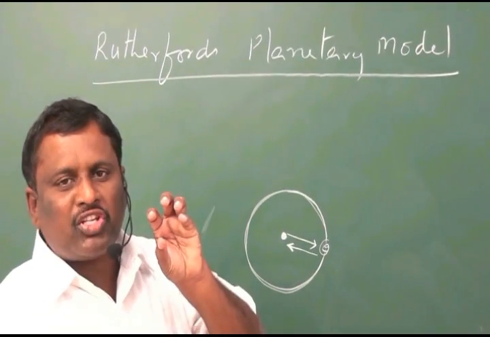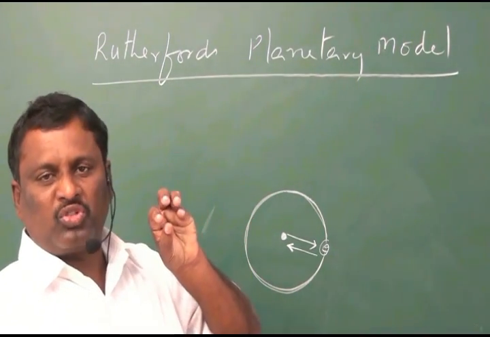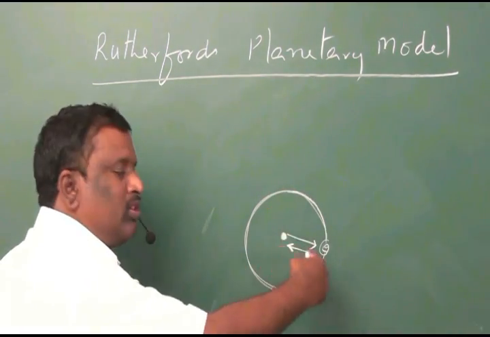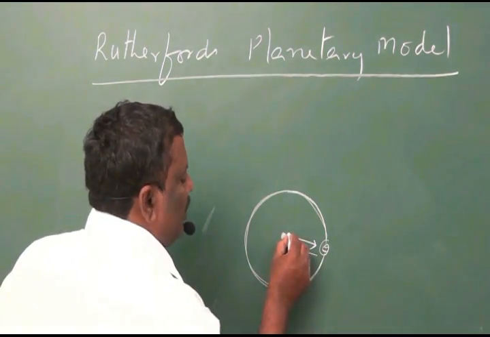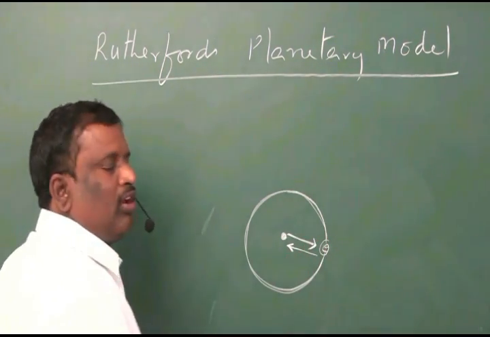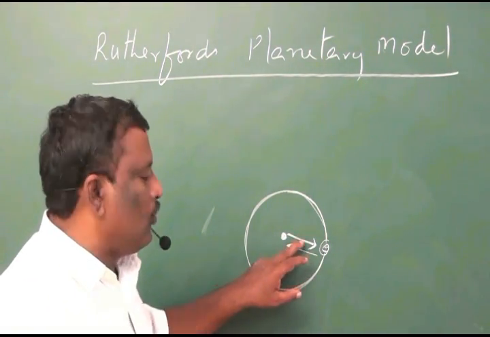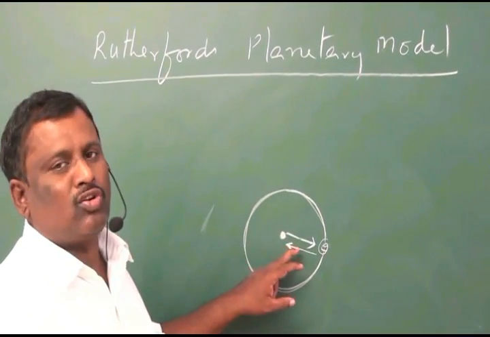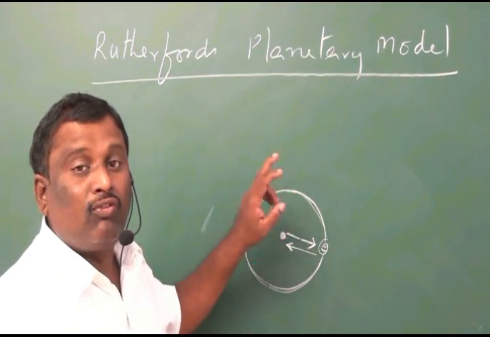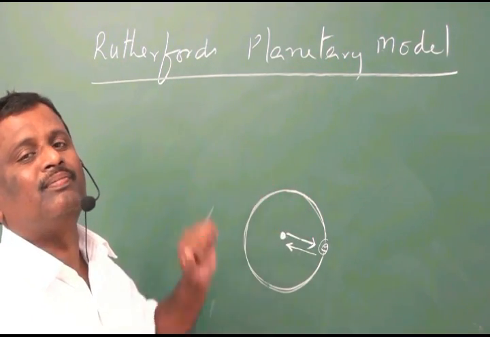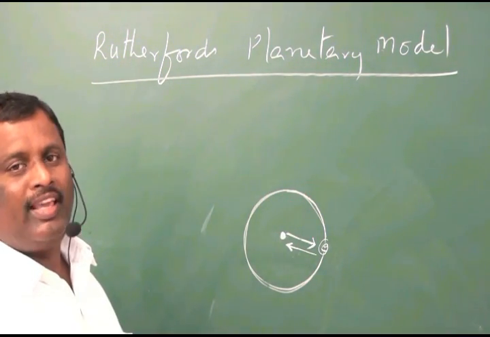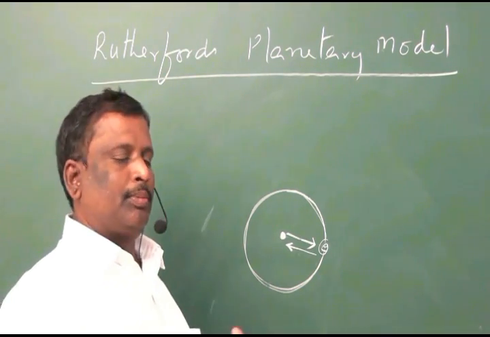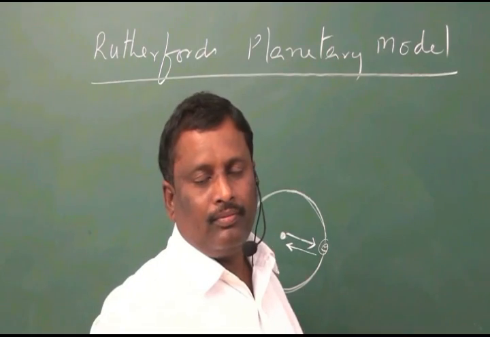Because of the nuclear attraction, there is a centripetal force. To overcome that centripetal force, the electron will revolve around the nucleus, and because of that revolution, a centrifugal force will arise. These two forces, equal in magnitude but opposite in direction, keep the electron at a specific distance from the nucleus. He explained it like that. At that time, almost all scientists accepted his